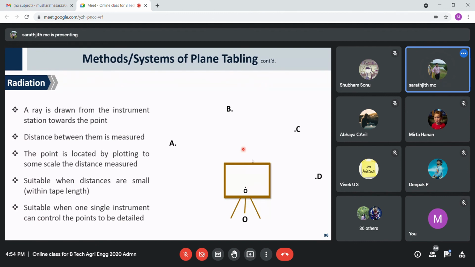Okay, so now you mark point O and you are now here, right? You have done the three operations: the fixing operation, the leveling, and the centering. Is that clear up to now? Yes, sir. Now you want to locate the points. For that you have the alidade with you, right? You keep your alidade somewhere here.